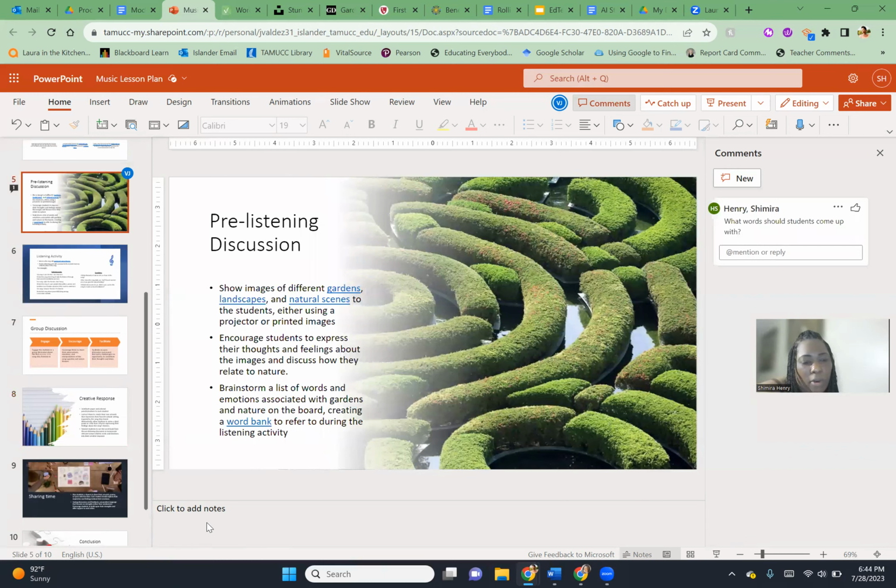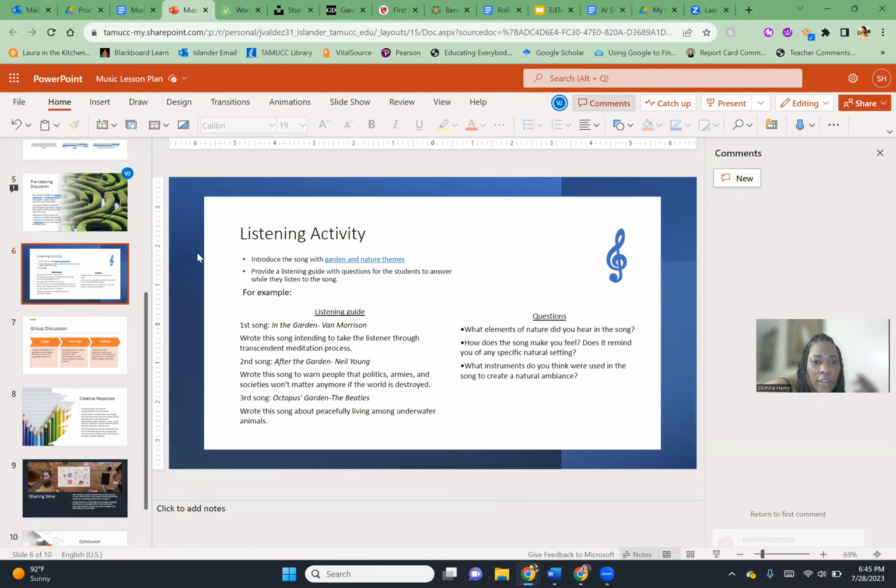Like in the notes part, put the word bank there, because if kids don't come up with their own word bank, that will be an extra support. So say if they're listening to this song, that word bank could still be available to them to help them with answering these questions.